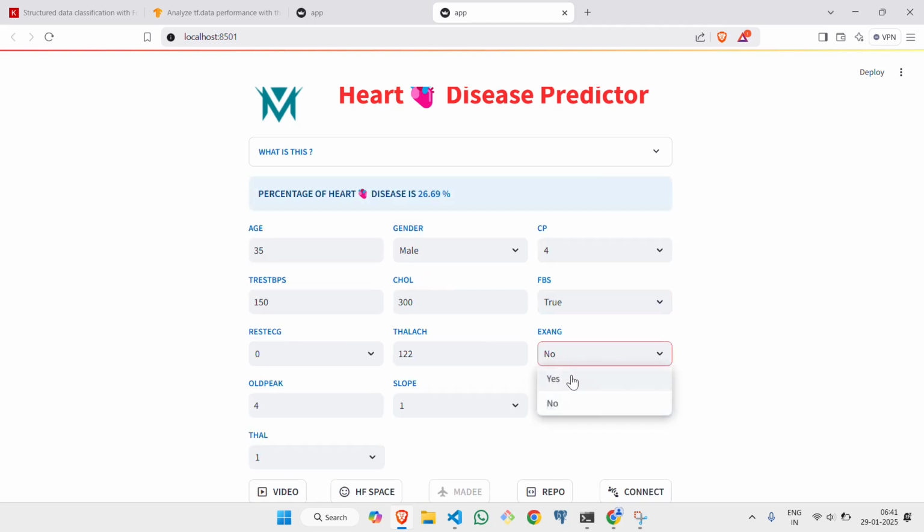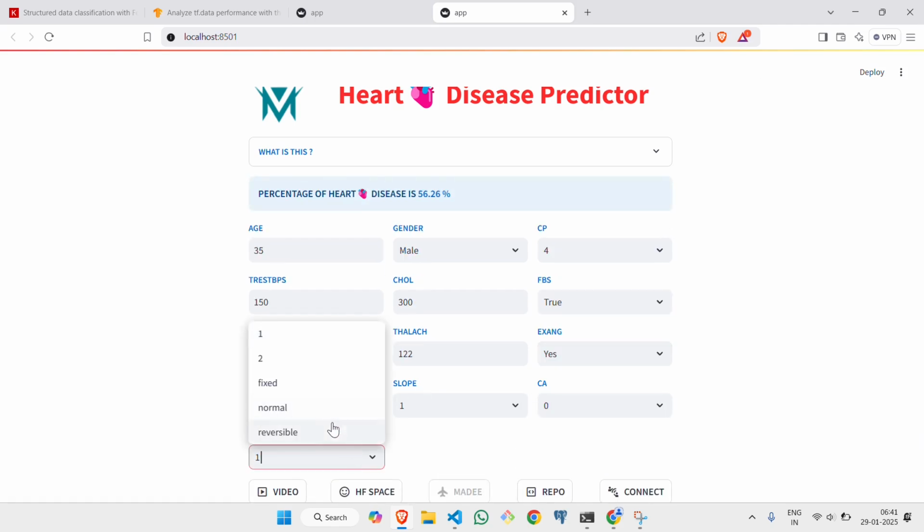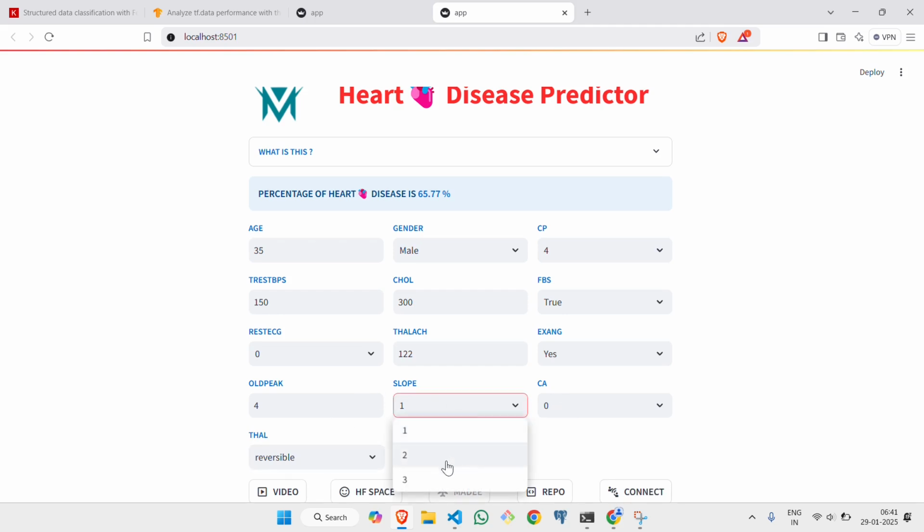If exang equal to yes, 56%. If thal equal to reversible, 65%. If slope equal to 3, 92%. If CA equal to 3, 98%. If oldpeak equal to 6,